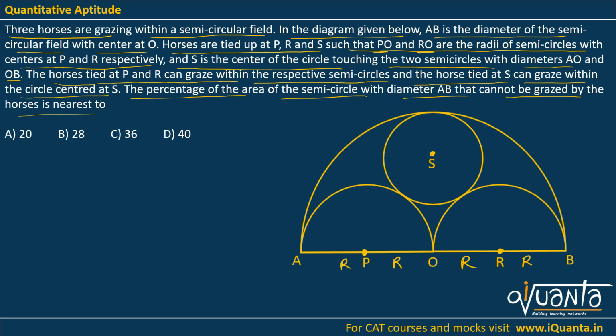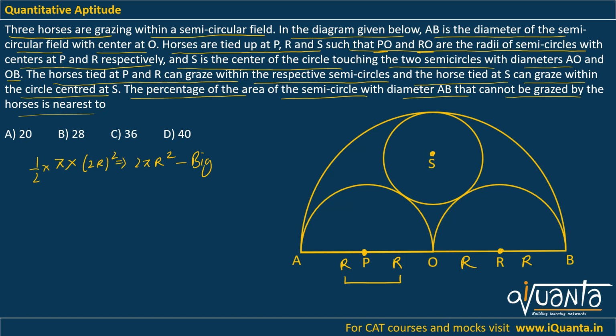So what will be the total area of the semicircular field? That means the whole grass, it will be half of pi r square. So we'll be taking the radius as 2r, okay, because we are finding out the area of this bigger semicircle of grass. So pi into (2r) square, which gives us 2 pi r square as the area of this semicircle. This is the area of the big semicircle, okay.